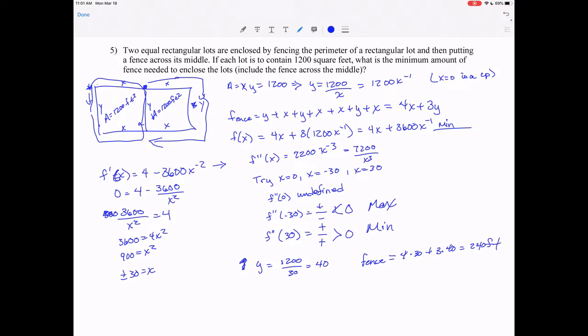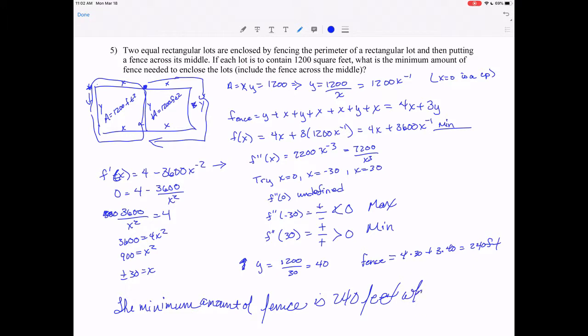So then the minimum amount of fence is 240 feet